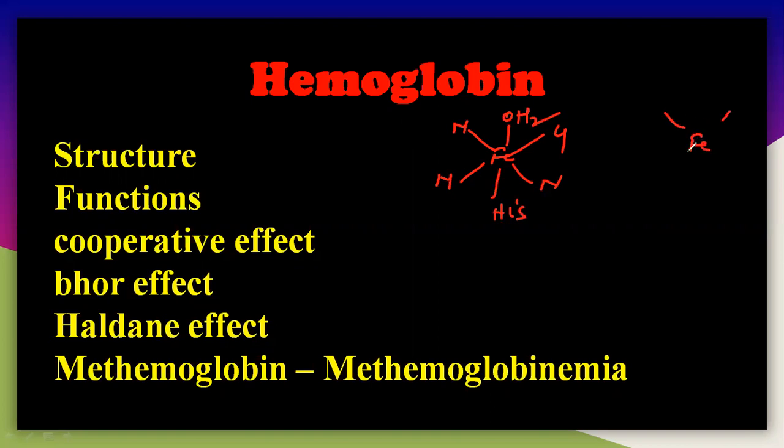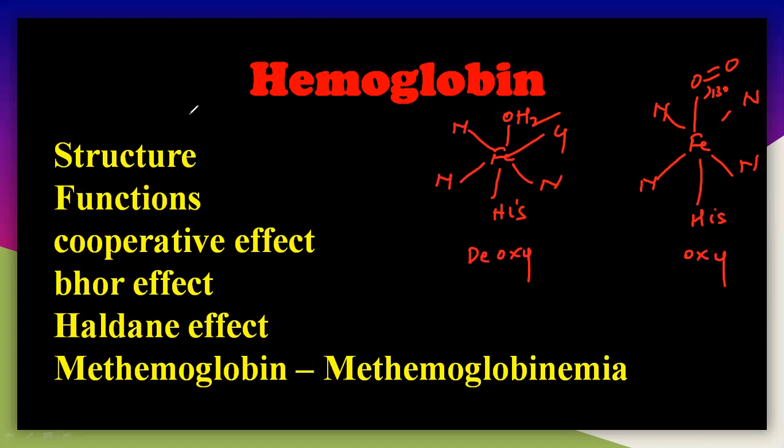And if it is oxyhemoglobin, then definitely it is nitrogen, and there is oxygen with the bent structure, and here again histidine ring. So this oxygen is making a 130 degrees angle, it will have the bent structure. So remember the structure of the deoxy and the oxyhemoglobin. This is a deoxyhemoglobin which is T state hemoglobin, and this is the oxyhemoglobin, the R state hemoglobin, and the size which is very high comparing with the cavity of the porphyrin ring.